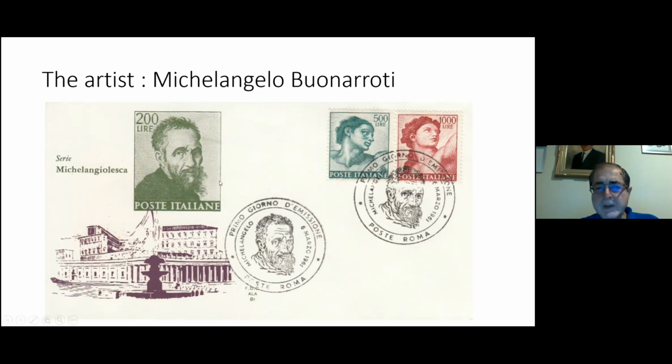An interesting feature of this is an Italian stamp, which shows a portrait of Michelangelo. Michelangelo was very accurate in the presentation of faces in his painting, and so definitely this is a very, very close presentation of Michelangelo's face with no embellishment, because Michelangelo didn't like to embellish things that much, including his big nose, which was the result of a fight that he had when he was 17 with another painter,